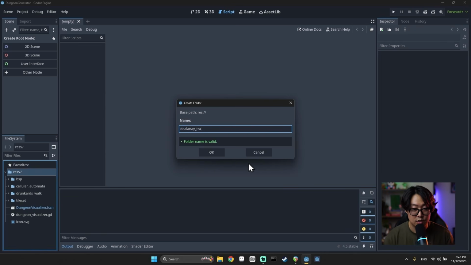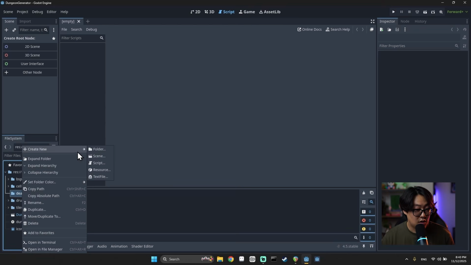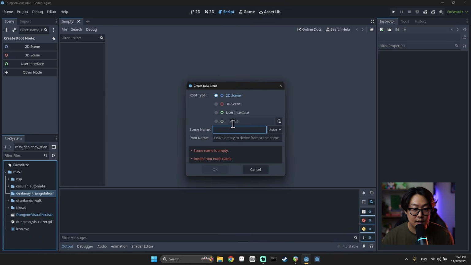Delaunay Triangulation. If I know how to spell that, that would be wonderful. And then, as I said, always, because I do want to just drag and drop these functions or nodes in order to use them, I'm going to create a scene, specifically a node, because the 2D-ness doesn't matter. So we'll say Delaunay